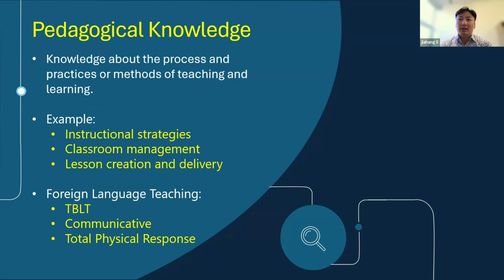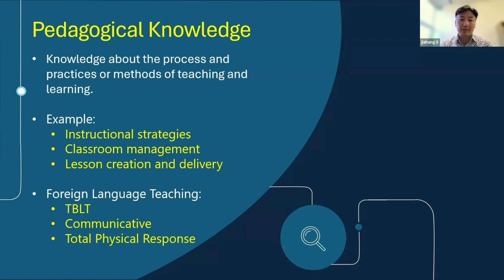So if the content knowledge is what, then the pedagogical knowledge is how, right? We're talking about instructional strategies and methods here. In the teaching process, in the teaching practices, what are you trying to incorporate to make sure your learners, your students, are engaged in the process and able to achieve the goals, right?